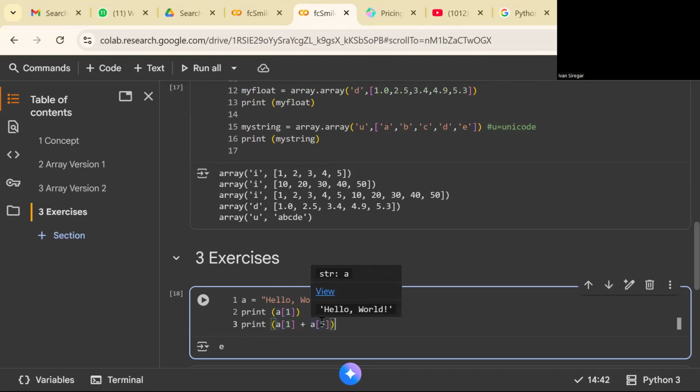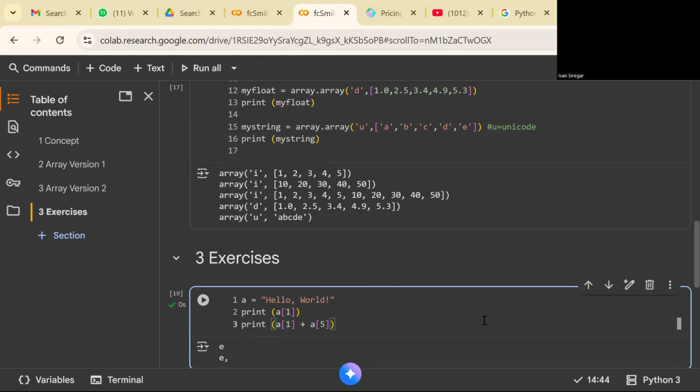Oke, kita run saja. Coba kita run, hasilnya adalah E dan koma. Karena kita mengambil indeks yang ke-1 dan yang kelima. Kelima itu adalah koma. Oke, silakan adjust code-nya dulu.